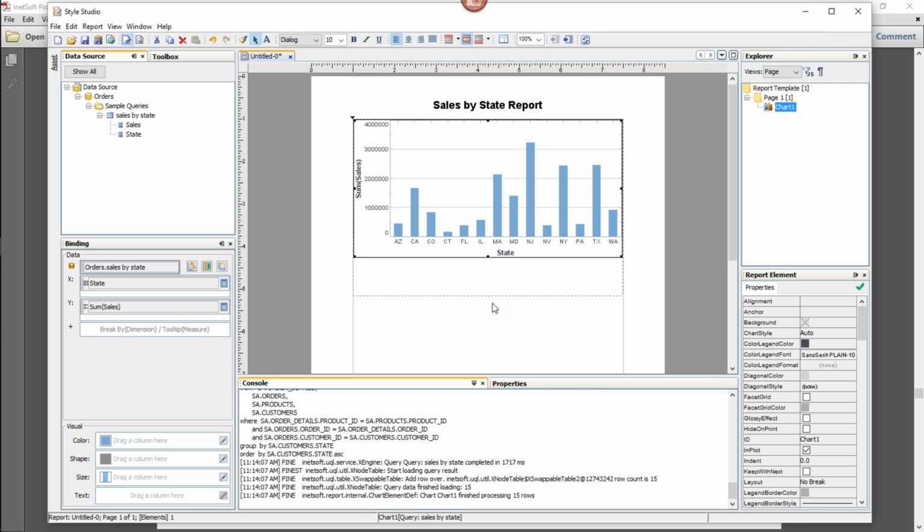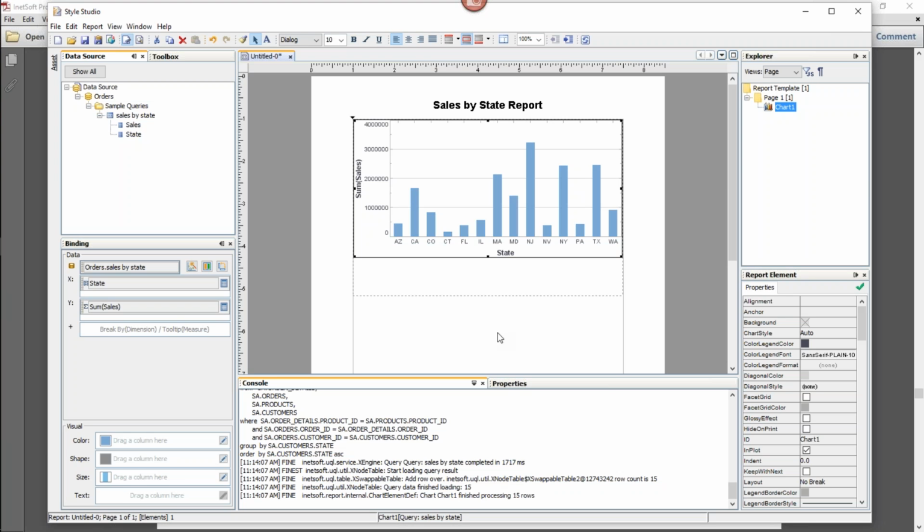Why do I say if it's feasible? Because sometimes reports can be quite large, right? Reports have many components, and a lot of reports draw tremendous amounts of data, right? So you might have a report that's pulling millions of records from the database. In cases like that, displaying the live data as you're doing your design might gum up the works a little bit, because it's going to have to be continuously running queries on the database as you make modifications, for example, to this chart. If you throw a filtering condition on this chart, it's going to have to rerun the query, bring back the data, display the data, right? So when you're dealing with very large reports, very large amounts of data, that can slow up your design process.